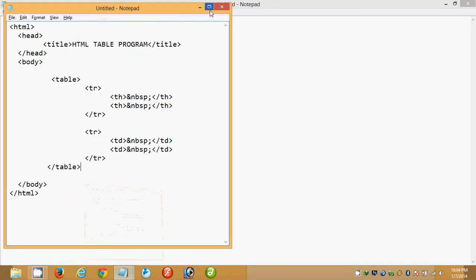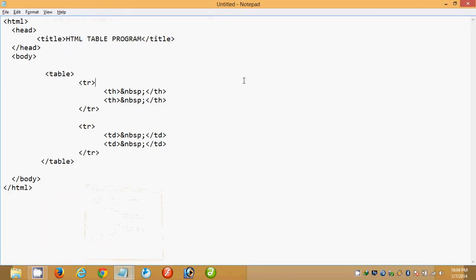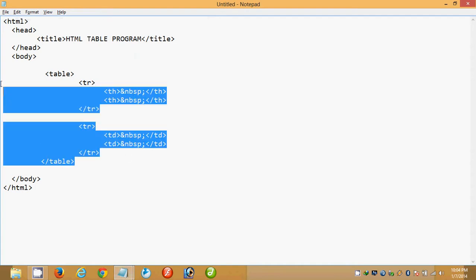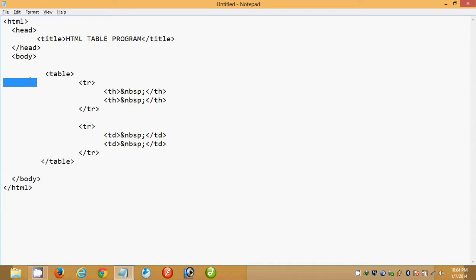So if you go to the program of the table in HTML, this is the basic program. I have already written table open, table close, and TR stands for table row.